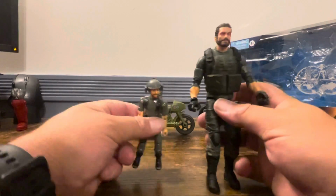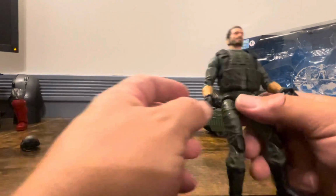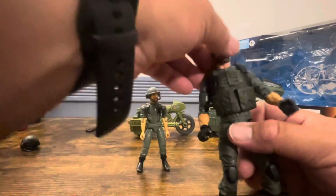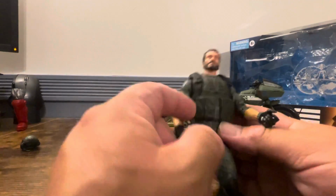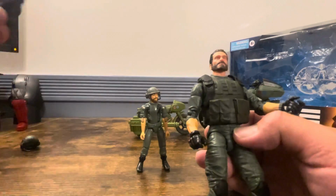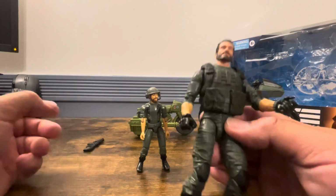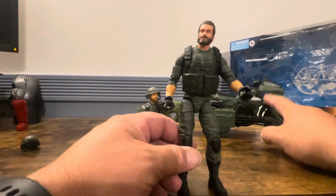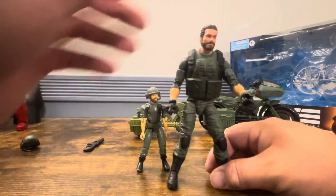No grenade or knife like the original, which is kind of disappointing, but they did give this nice little vest with ammo packs, except for this gun, which is Snake Eyes' gun. He doesn't come with a gun other than the Gatling gun that he's meant to carry when he's not using this,